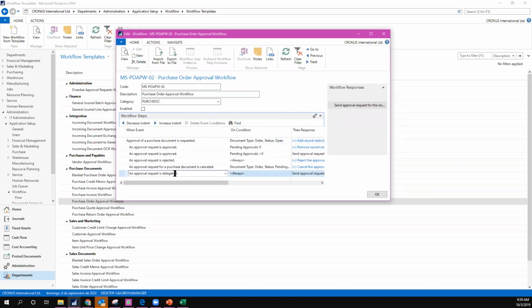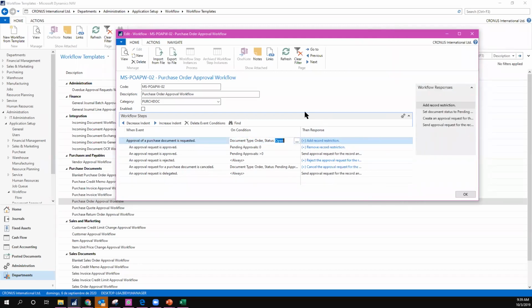So we could have different types of events that could happen, and then I could have a specific condition and a response, right? In my first step, I'm saying that an approval of a purchase document is requested. Well, the condition for me in this example is that the order is created and the status for this order is open. For those of you who haven't had training for the approval process, we have different statuses of the documents. When it's open, this means that my purchase order would still be